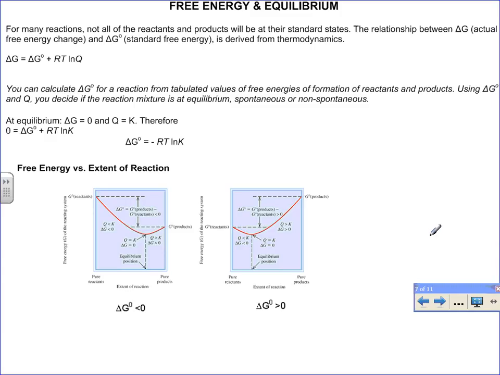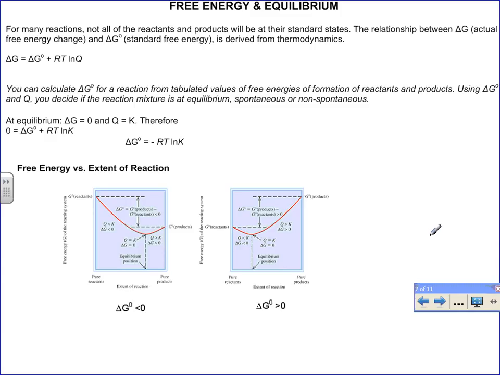Now we've considered non-standard temperatures. The next thing that we need to do is consider non-standard conditions. So when we're talking about H naught and S naught and G naught, we're talking about systems where the concentrations of all the substances are 1 mole per liter and the pressures of all the substances are 1 atmosphere. But of course, that's not always going to be the conditions that we use for a particular reaction. So the next thing that we're going to look at is how we determine the delta G for